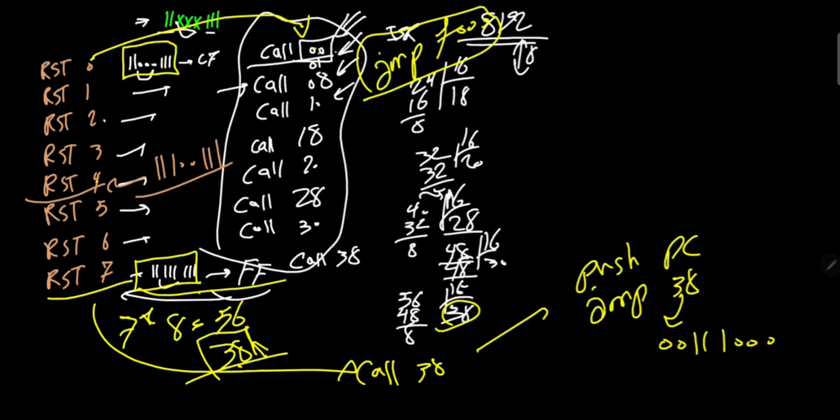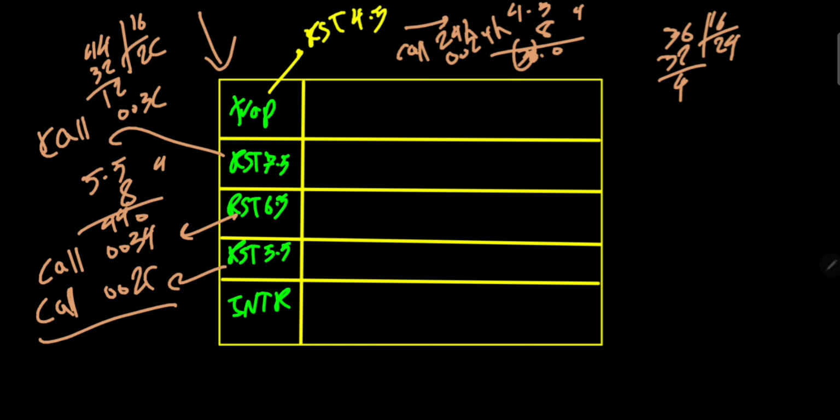If he writes this in the memory, then a call to 32, or 20 in hex, would happen, a simple call would happen. But the programmer cannot do this if he doesn't have an opcode. So how would he write the program? Well, he can't. He can't write the program of RST 5.5, or any one of these, because they are